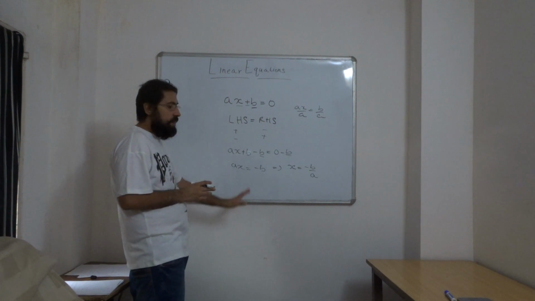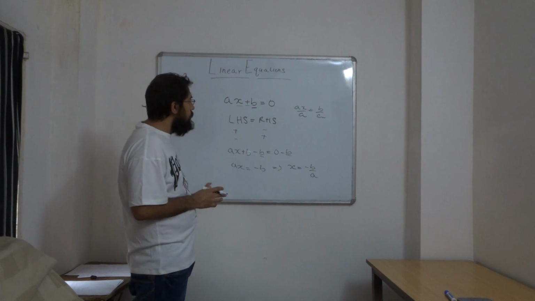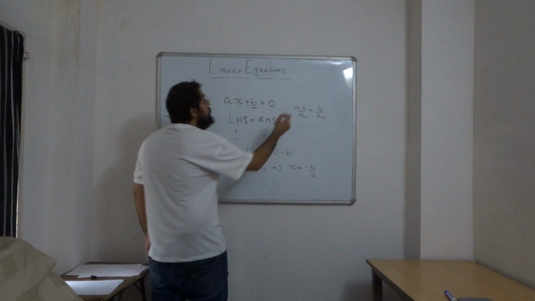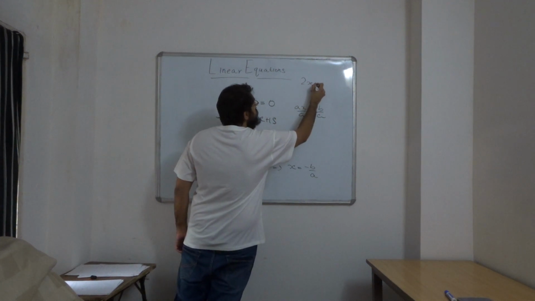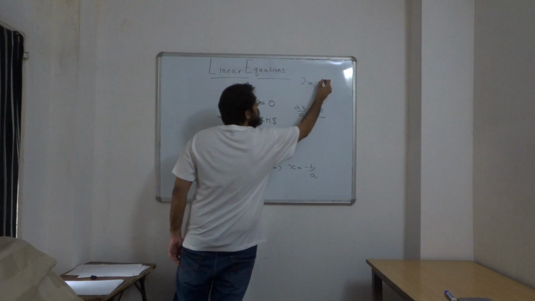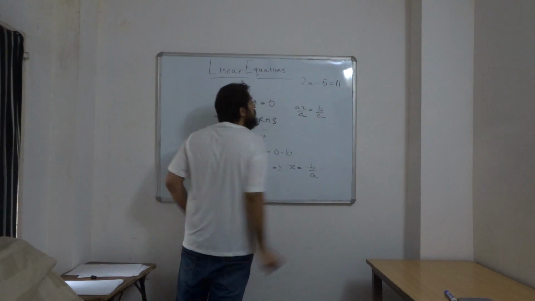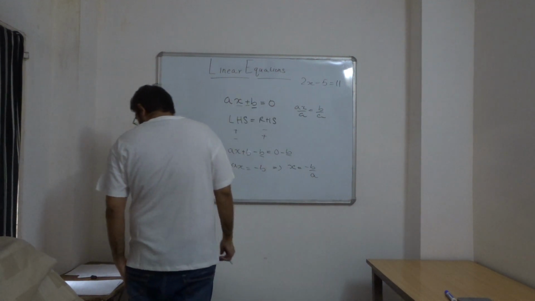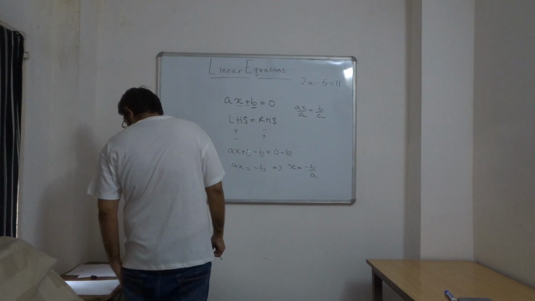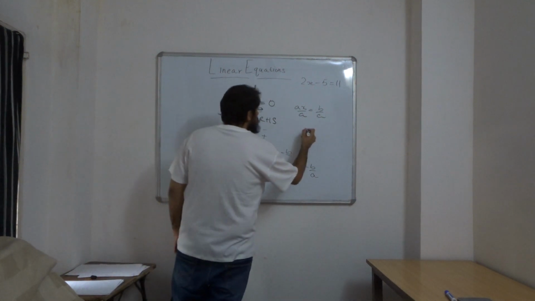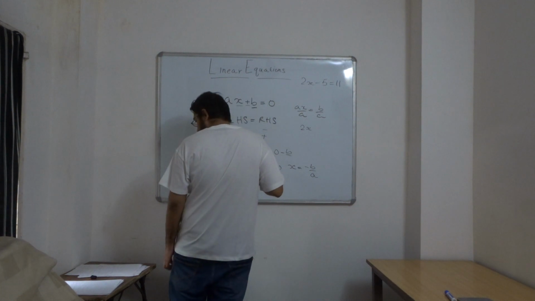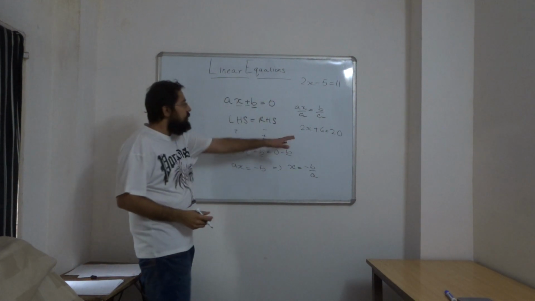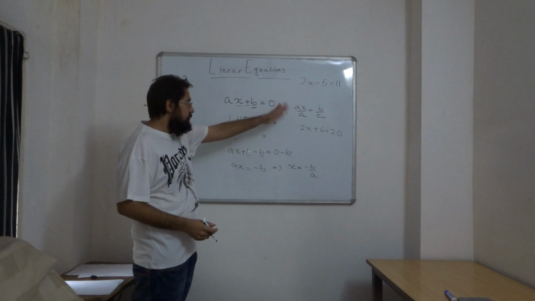Okay, so I hope you understand this. Now don't worry, I'm going to take some examples. Okay, now if you've understood this, guys, why don't you try solving this question here. 2x minus 5 equals 11. And then you can also try solving 2x plus 6 equals 20. Now I know, guys, I've asked these questions in a very flawed manner,